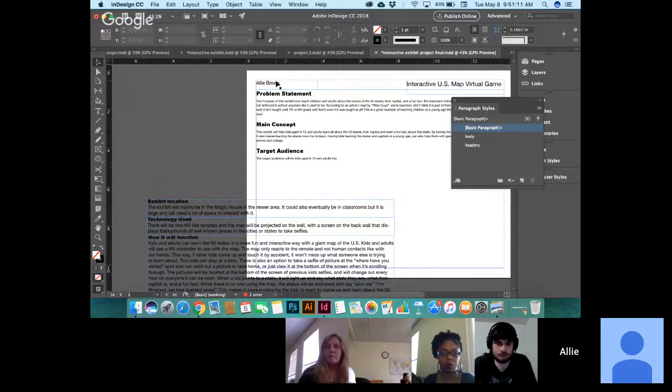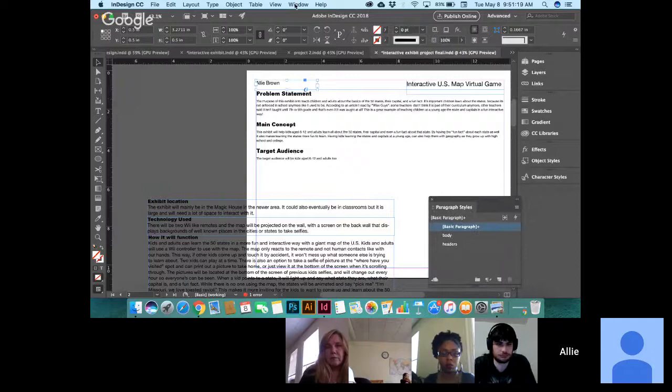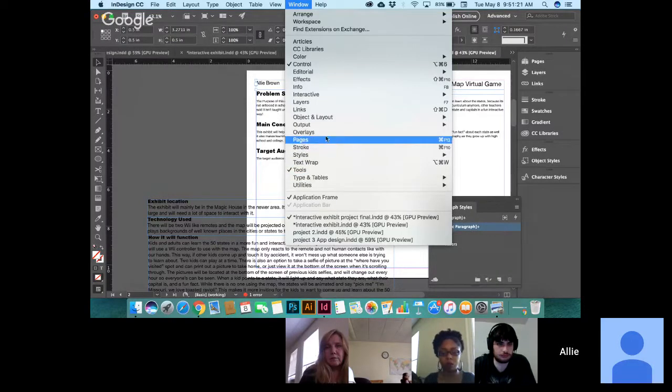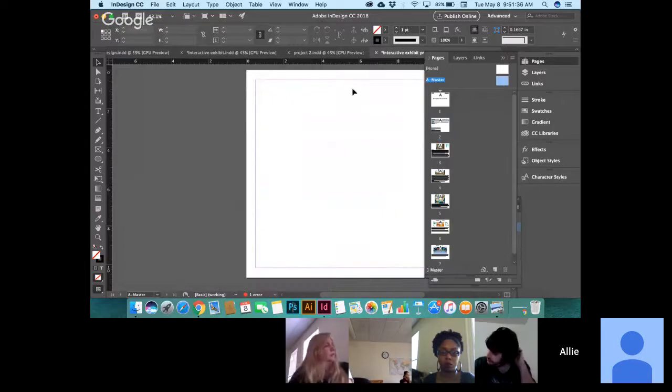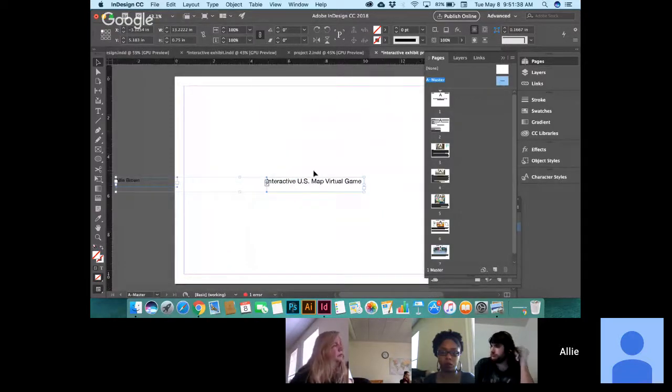Okay. Then with your information up here, you put this on every page, right? Yeah. Now what we're going to do is go to your pages, and this is a master page. So all of these are based on the A master page. You see how A, it just did that by default. So we're going to select these two elements here and cut them, and we'll put them on A master. So then they'll show up on every single page.